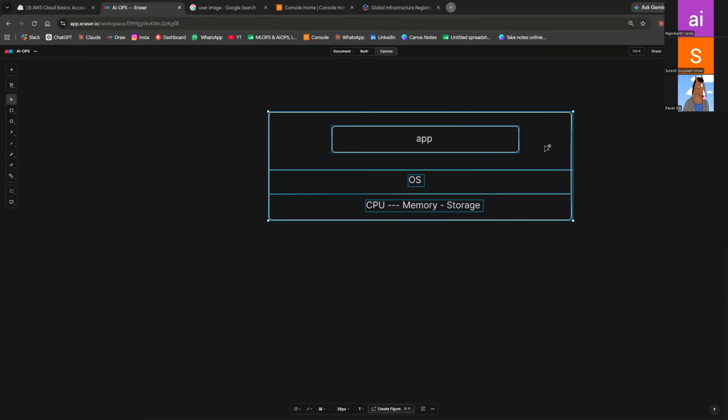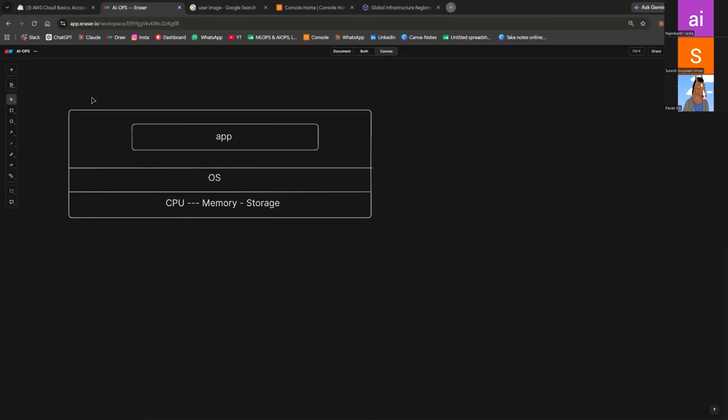Now the question comes here. This is a server. They're saying that you can instantly create a server and instantly delete the server, so they call it an instance. That's good. But before instance, why have they added EC2?